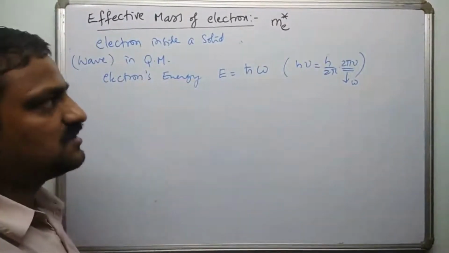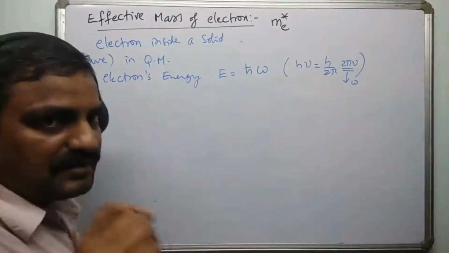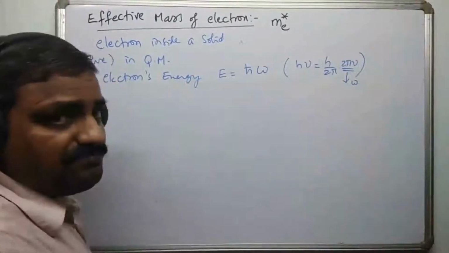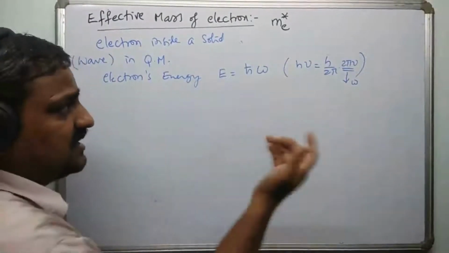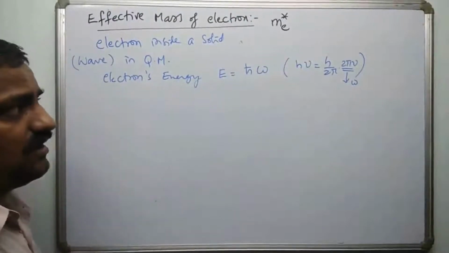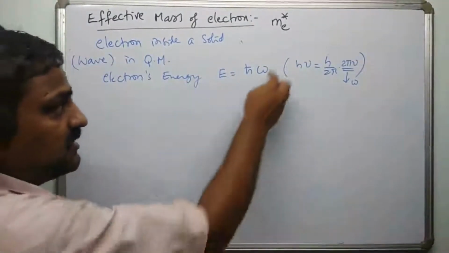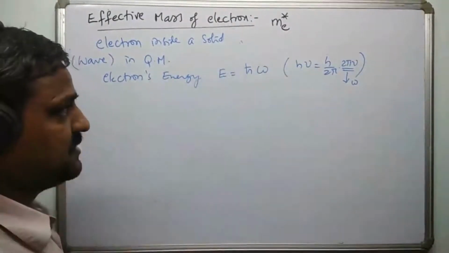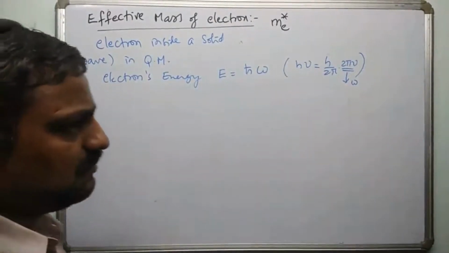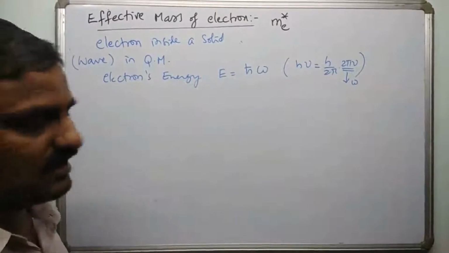Actually, you can use Max Planck's hypothesis. If a wave with frequency nu is moving, definitely its energy will be E. Total energy E is given like this. So if you treat the electron like a wave, it is going to have this much energy. Please keep it aside. So we are going to proceed in a purely mathematical manner. Please don't question why we are doing it like this.